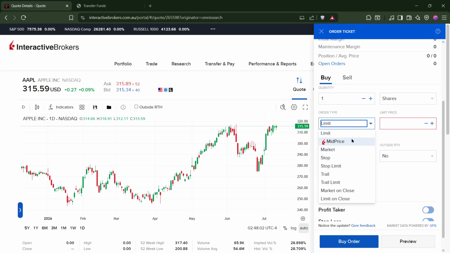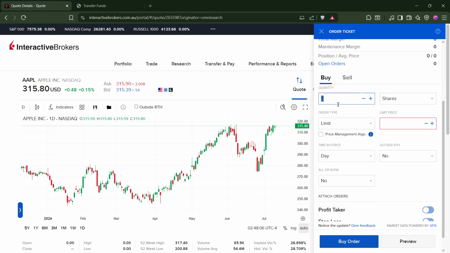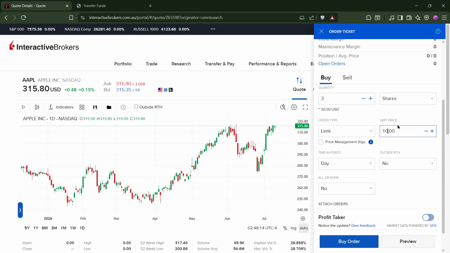Next, enter your quantity. Click in the quantity field and type the number of shares you want to buy or sell. The default is often 100 shares, but you can set this to whatever you need. Now, set your limit price. This is the maximum you're willing to pay for a buy, or the minimum you'll accept for a sell. Click in the limit price field and type your price. The field usually auto-populates with the current ask for buys or bid for sells, but you can change it to